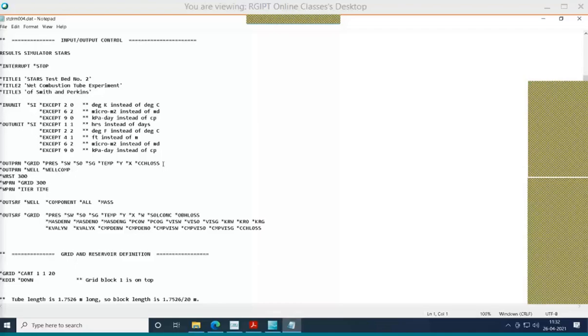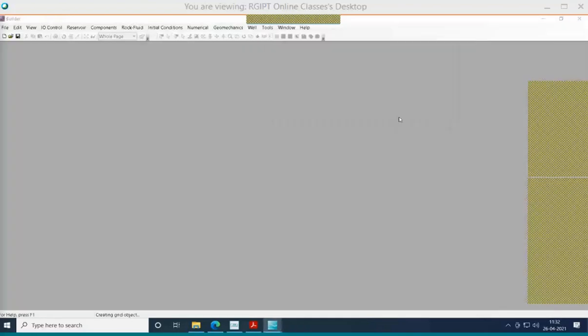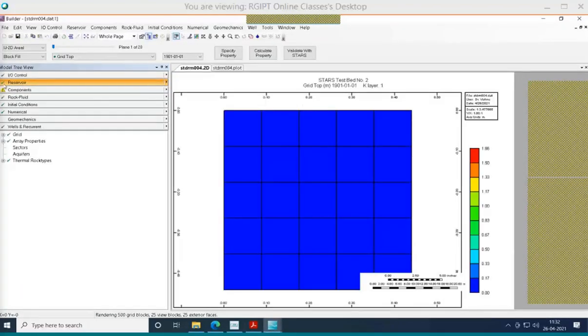This is just a tip, and let me open that one, the 4th one. Okay, you see, we don't need to worry about anything. The wells also, there were some errors, and in reservoir also there were some errors in array properties, and all those things were not defined in that case.